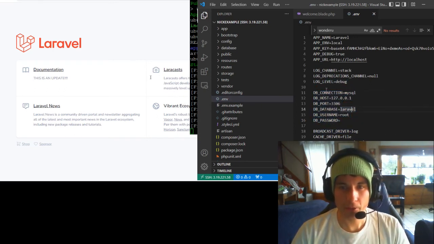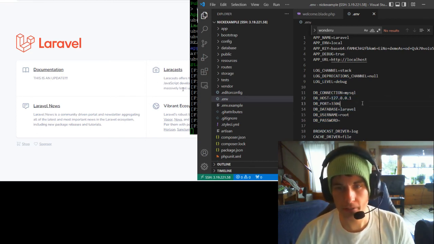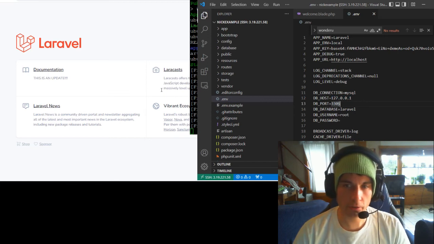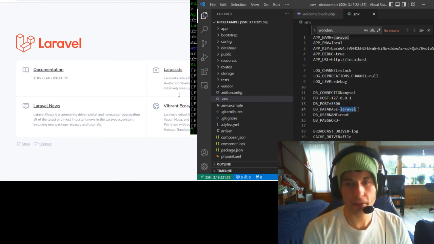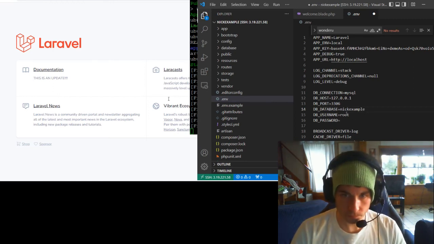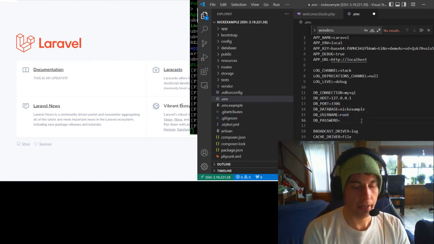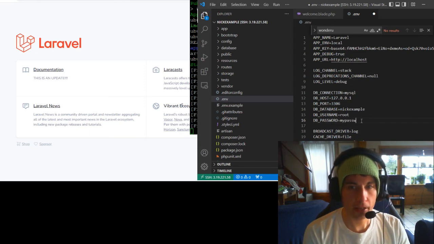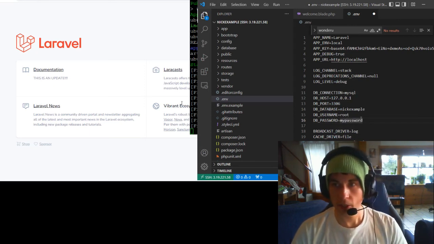But for using MySQL, you go down to here, and it is still localhost because the MySQL server is hosted on the server that's running the web app. The database is not Laravel. The database is, remember, nickexample. This is where that database comes in that we previously made and looked at. And the username is root, and the password is mypassword, or whatever you happen to set it as. So save this,